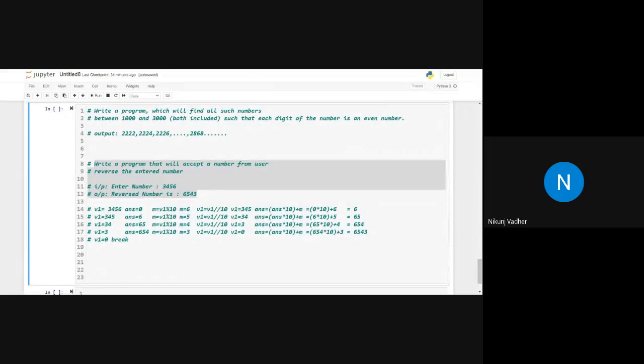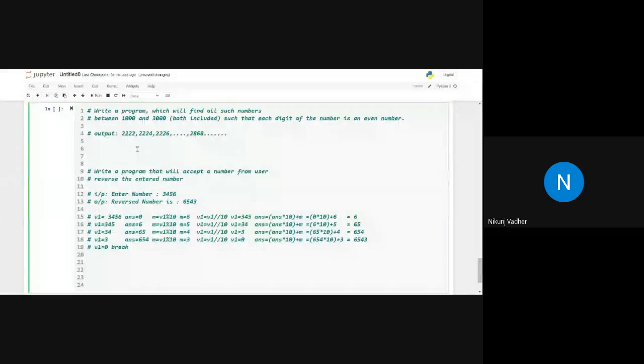Okay, this time also I will give you a dry run, but you are supposed to implement it. Here, what you will do: let's assume a particular number in the range between 1000 to 3000 is stored in variable v1 equals, let's say, 2222.